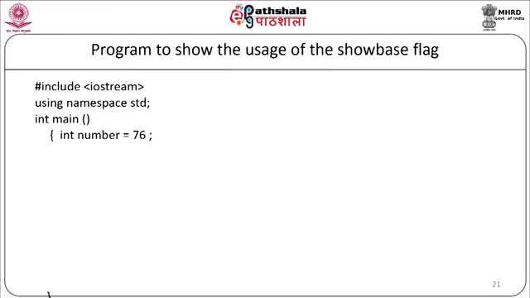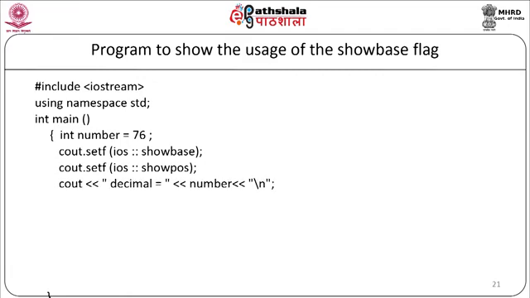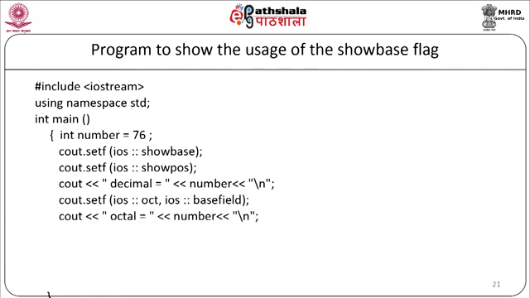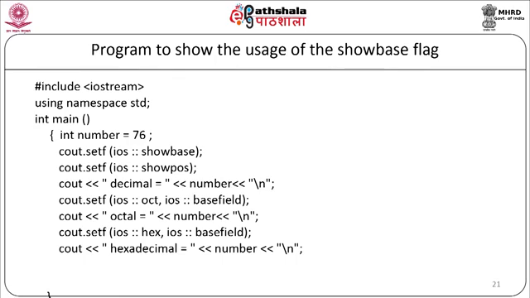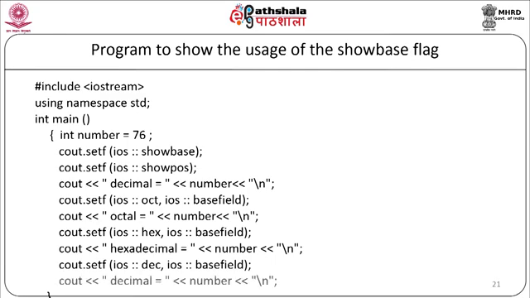We will set the flags now: cout.setf(ios::showbase), cout.setf(ios::showpos), cout << "decimal = " << number << "\n", cout.setf(ios::oct, ios::basefield), cout << "octal = " << number, cout.setf(ios::hex, ios::basefield), cout << "hexadecimal = " << number << "\n", cout.setf(ios::dec, ios::basefield), cout << "decimal = " << number << "\n",